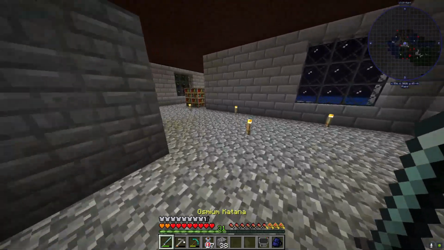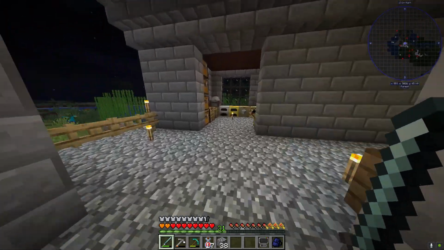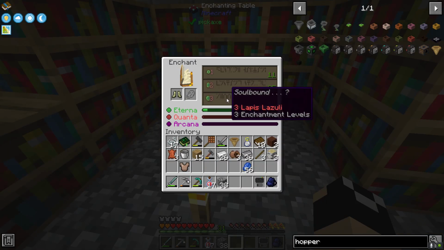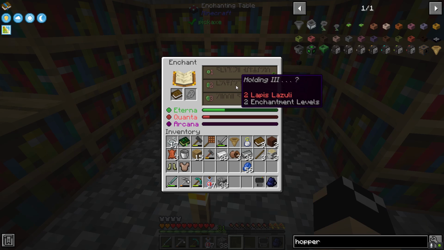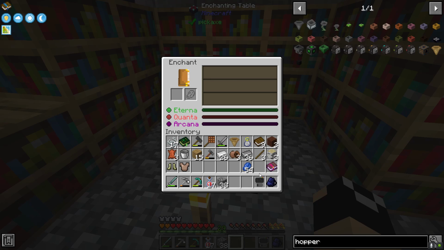Okay, and we do have enough XP to do a little bit of enchanting, so I would like to do that just really, really quick. See what we have on offer anyways. So we have Displacement 3, and we have Soulbound, or we have Magic Protection 3. Oh, I like the holding though. Let's take the holding. And what do we got up next? We have multi...